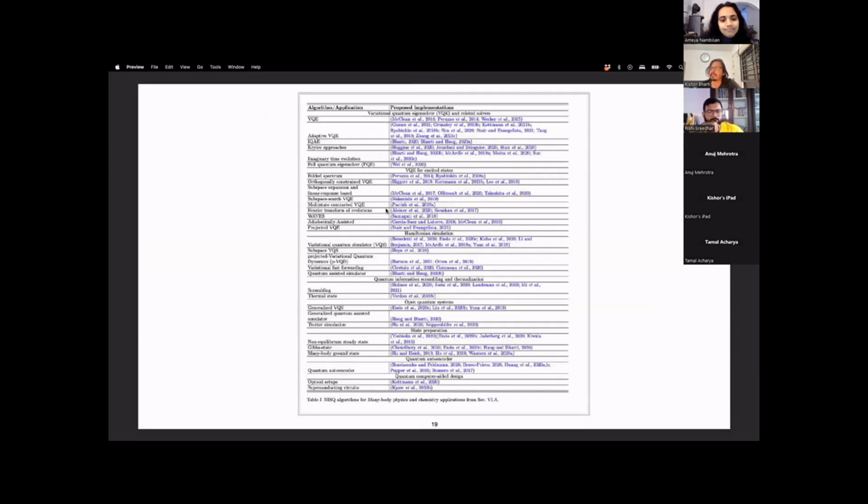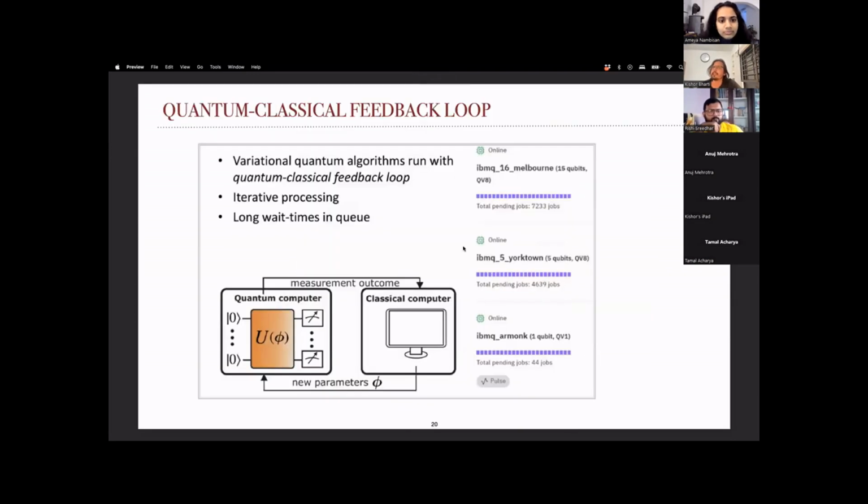Yeah. And then many papers have been written on VQE and so on. But the issue in many of these approaches is that you need this classical-quantum feedback loop. You perform some operation on the quantum computer, it comes to the classical computer, you update your parameter, it goes there, and it waits in the queue. Sometimes it waits there for, I don't know, one day, and then you get it back. And often, even if you have dedicated access, which people don't normally have, it takes this kind of loop. You do not know how many circuit evaluations you need to do.